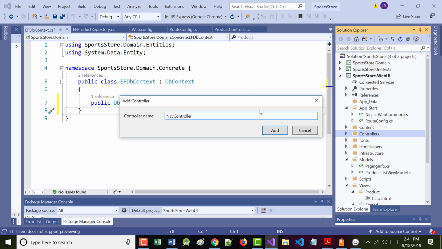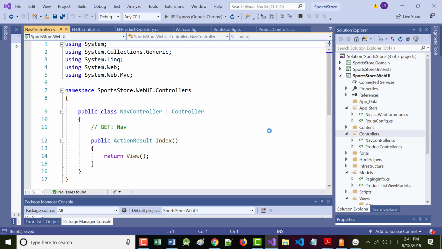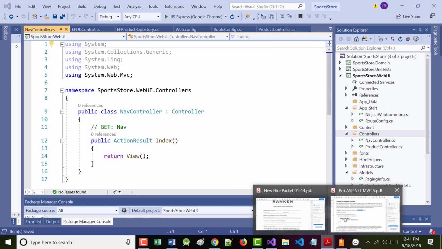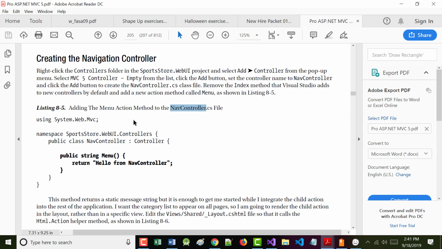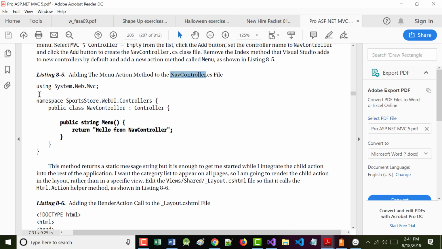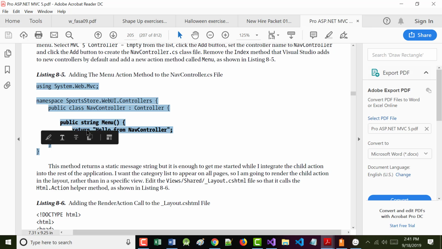So we've got this NavController. They start talking about it in the book on page 205. The author says, let's remove the code that's in there and replace it with this.